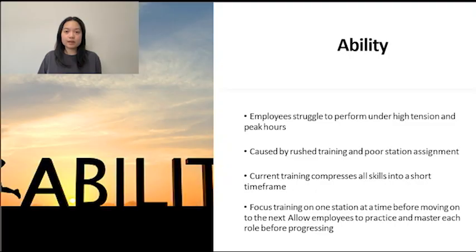To strengthen the ability of workers to retain and perfect these skills, new baristas should be introduced to one station at a time and then given time to practice and perfect the skills needed to be able to thrive in that station before moving on to the next. Doing this, rather than throwing them onto the floor with only a basic understanding of how to do all roles,